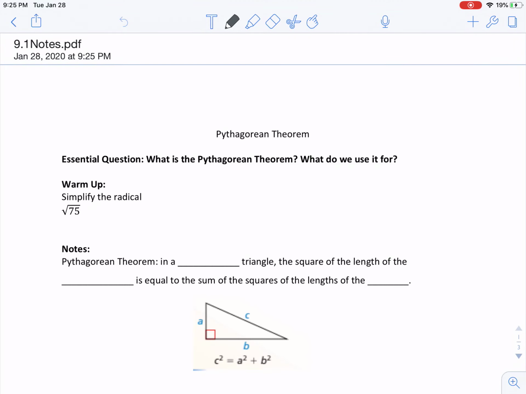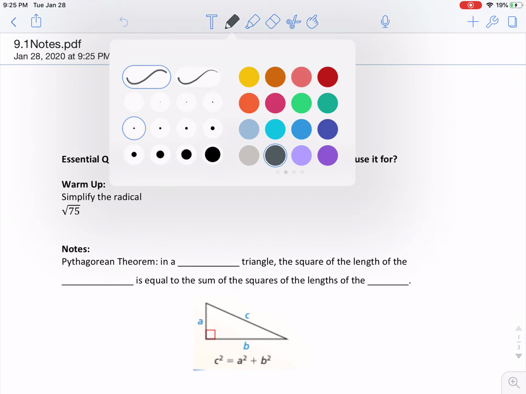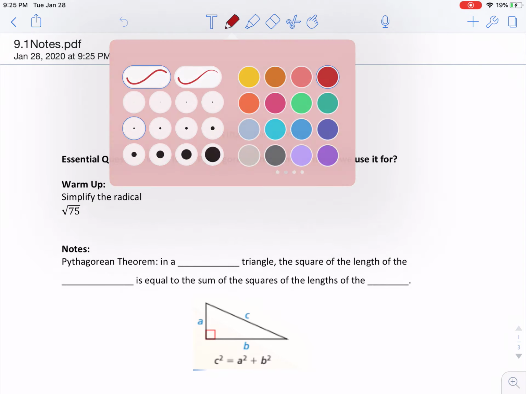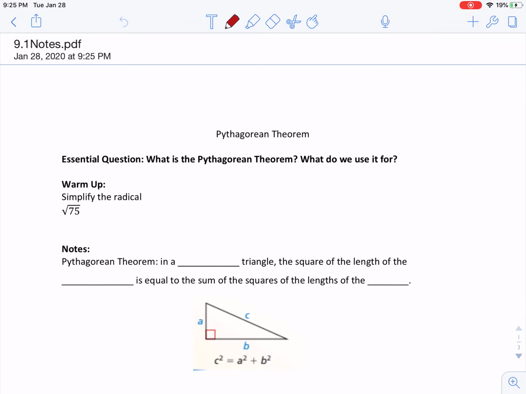Alright guys, I hope you are stoked to learn about the Pythagorean theorem today, because this is going to be one super awesome lesson. I know a lot of you guys already know the Pythagorean theorem,